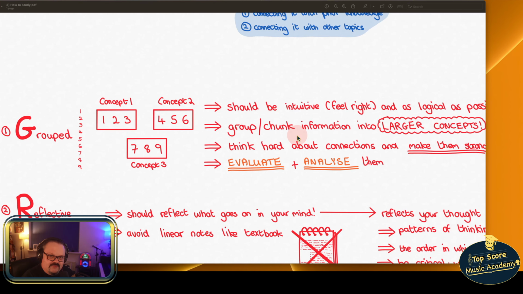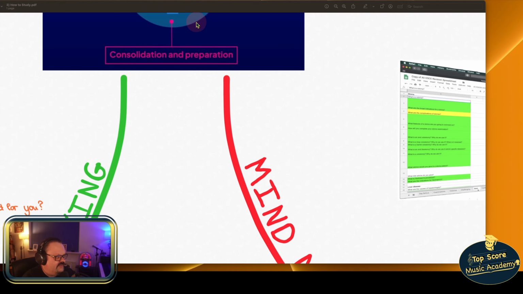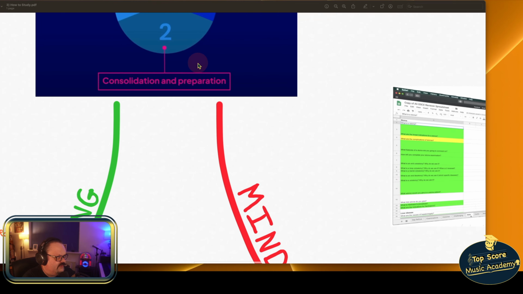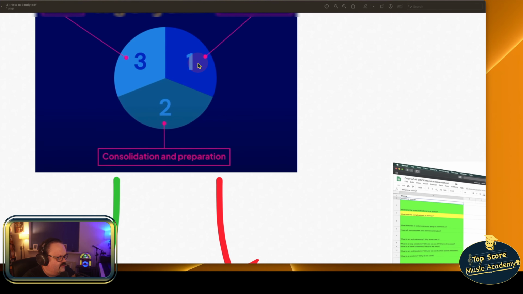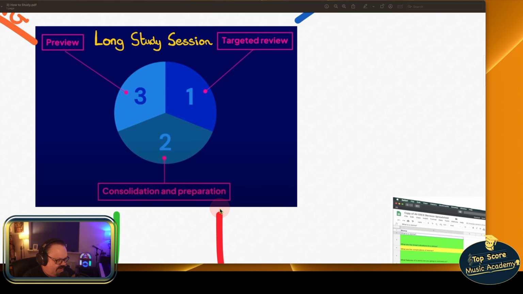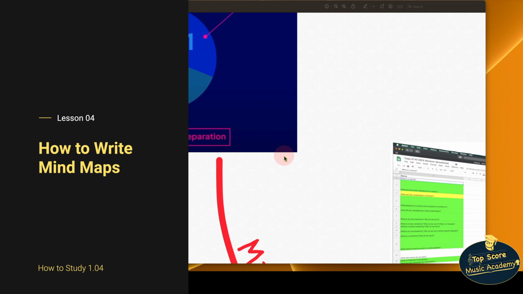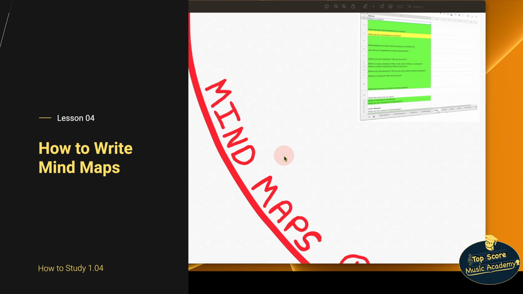Okay guys, so I've just gone further up the handout here just to go into mind maps. So for mind maps, guys, it's part of this consolidation and preparation that we were looking at before. Remember, if we go back a little from a few videos ago when we were looking at what a long study session is, we've already looked at taking notes and what is encoding. We're actually going to travel down this route now to find out what are mind maps and how to write